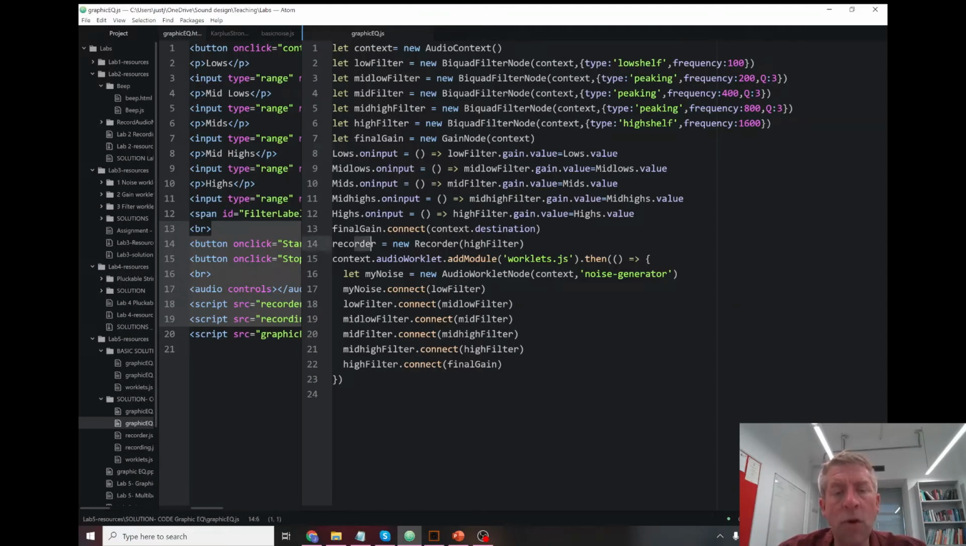The recorder is just so that we can record the output of the filter. And we are using noise as the input to the filter. The noise was designed with an audio worklet, a very simple audio worklet that just streams out random numbers. So it's uniform distribution noise. And so that's where we load the module with the worklets, and we create our new audio worklet based on